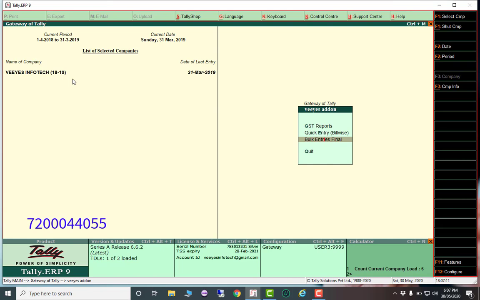For example, B2C transactions. Most people still make manual entries. You can decide how many entries you want for the month. For example, if there are 2 lakh rupees, you just put the 2 lakh rupees and how many entries you want. Per month, say 20 entries, put 20, and this add-on automatically generates the 20 bulk entries. I will show all the demo, please watch it.